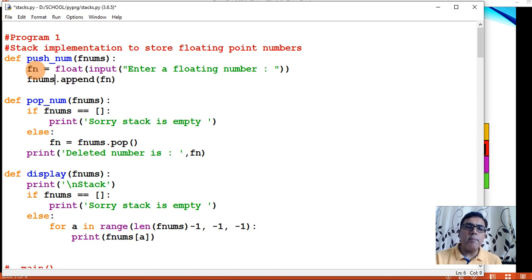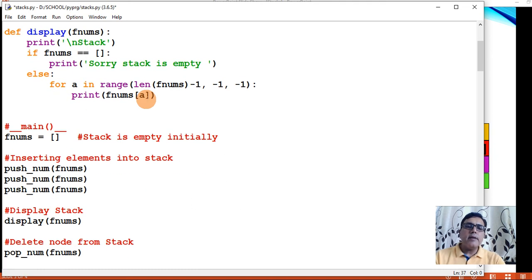Fn is the floating point number which you have taken from the user. Again you see, initially this is the main area of my code. So initially I have defined a stack. The name of the stack is fnums, which is empty initially.